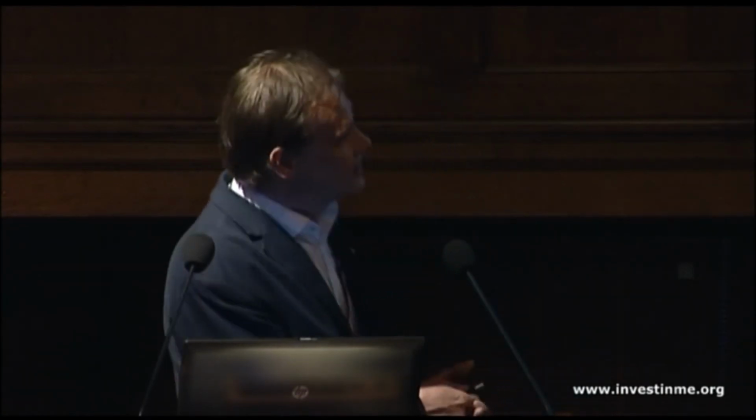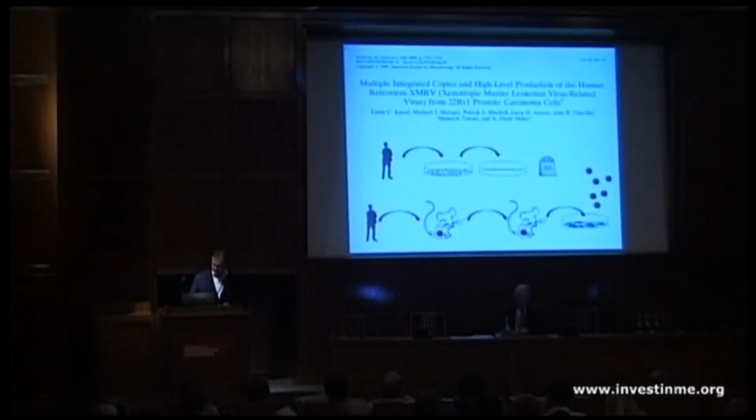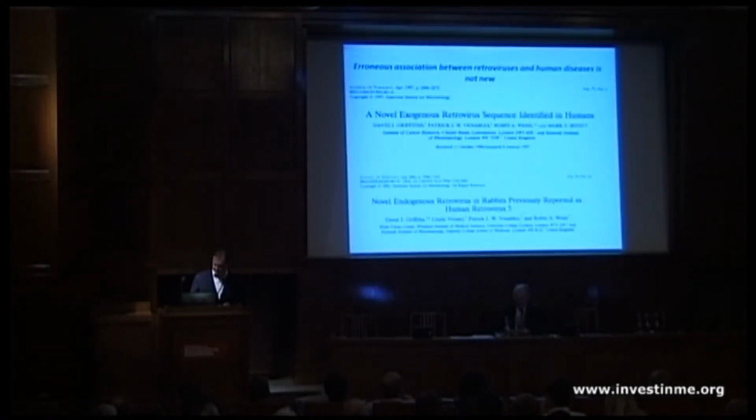And during this process, we also knew that it was quite common for these cell lines to pick up mouse retroviruses. A particular class of mouse retroviruses, xenotropic viruses, were common in this regard because they're very good at infecting human cells in the lab. So many of the cell lines that passage through mice are infected invisibly with these xenotropic viruses, and you only see them if you use virus detection techniques to take a look. And the 22RV1 cell line had a xeno in it, this XMRV clone.